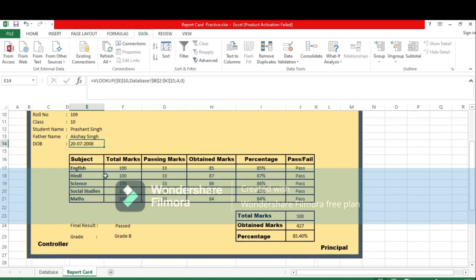Now let us make the further mark sheet which is to be done. I have typed subject in each cell: subject, total marks, passing marks, obtained marks, percentage, pass or fail, and here English, Hindi, science, social studies, and maths. So you can type these things also. If you don't want to type, you can just